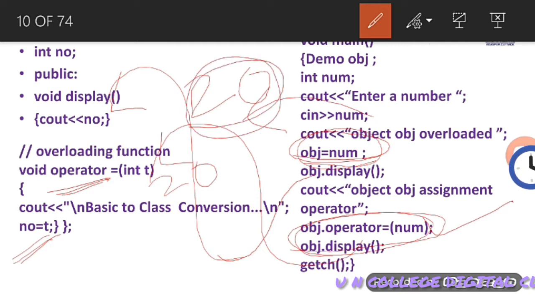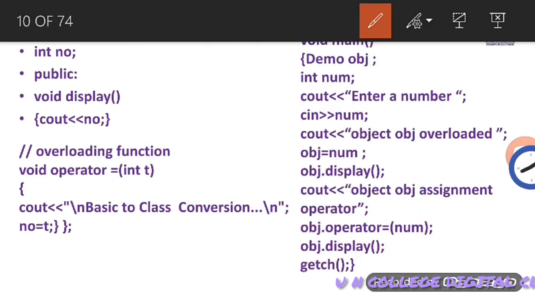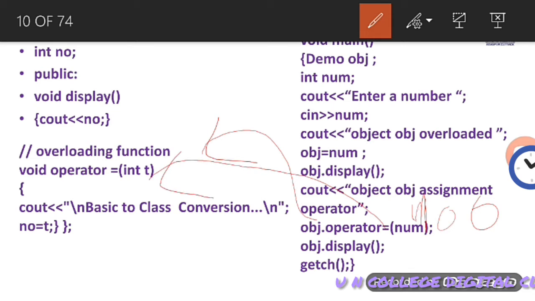In a similar way, when you are using obj.operator num, as we know the num value is 20, suppose we want to get a different num value, then here we can write num equal to 30 or 40 or 100. Suppose the num value is now 100, then we are passing 100, and this particular function will be executed.